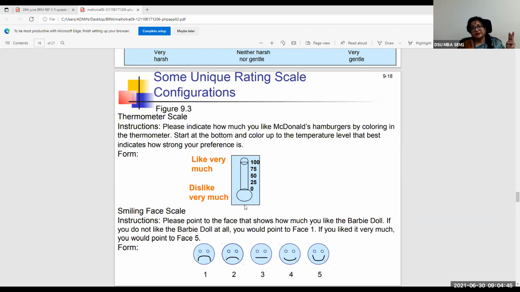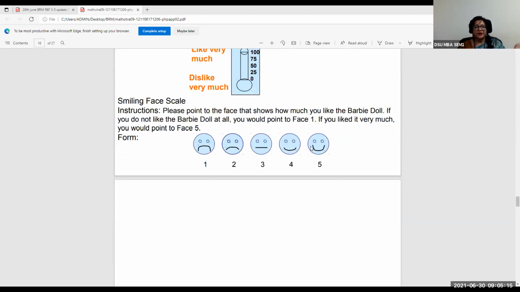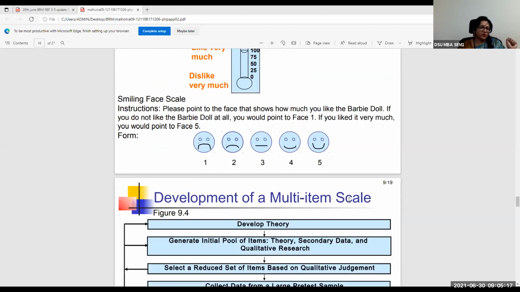True. And has any of you gone to a Decathlon outlet to buy stuff, garments, all of that? Have you seen that they have big smileys there, and they ask you literally while you're billing, please press this? Have you ever seen that? So that is also a way of using the graphical emoji to elicit feedback, where you don't really need people to read complicated sentences, or in fact any sentence for that matter. And they can just express whether they have liked the experience or not liked the experience, right? Very good. So these are the ways in which you can develop it.